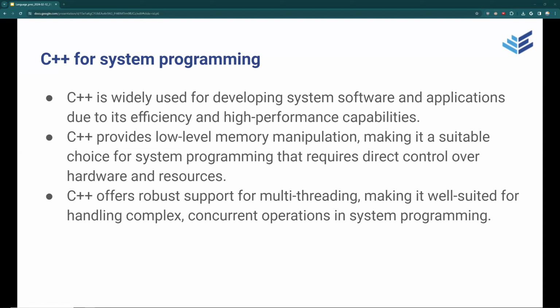That means robust support for things like multi-threading, which is essential for handling complex and concurrent operations in system programming. And multi-threading allows a simultaneous execution of multiple threads within the same program. So that enables better exploitation of multi-core processors and efficient utilization of system resources. So that capability makes C++ well suited for developing software that needs to handle parallel tasks, such as real-time processing, network communication, and multi-user systems. So with its powerful multi-threading support, C++ provides developers with the flexibility to create efficient and responsive system software and